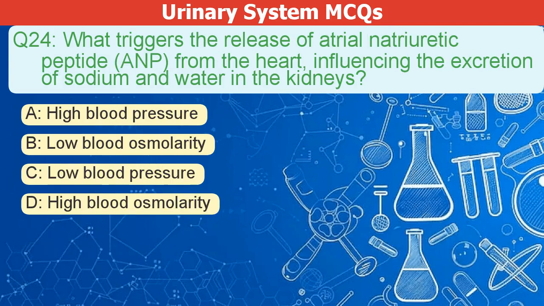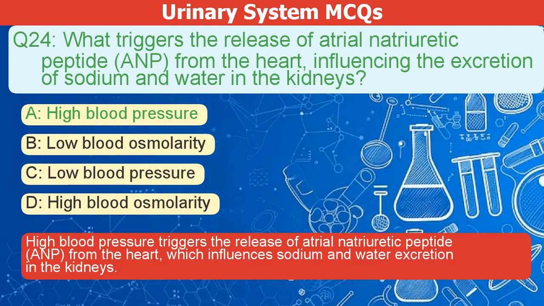water. What triggers the release of atrial natriuretic peptide, ANP, from the heart, influencing the excretion of sodium and water in the kidneys? A. High blood pressure. B. Low blood osmolarity. C. Low blood pressure. D. High blood osmolarity. The correct answer is A. High blood pressure triggers the release of atrial natriuretic peptide, ANP, from the heart, which influences sodium and water excretion